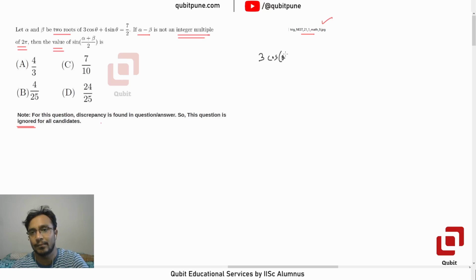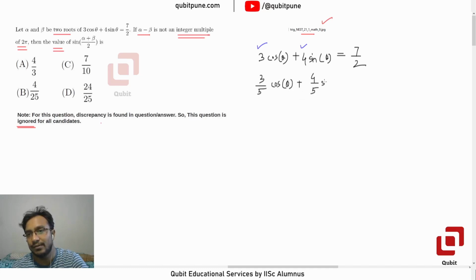3 cos theta plus 4 sin theta equals 7 by 2. We will do the typical adjustment, that is, dividing by the root of 3 squared plus 4 squared, which is 5. That allows us to write it as 3 by 5 cos theta plus 4 by 5 sin theta is equal to 7 upon 10. Then we can put 4 by 5 as cos phi, and 3 by 5 as sin phi, and then we can write it as a sine of